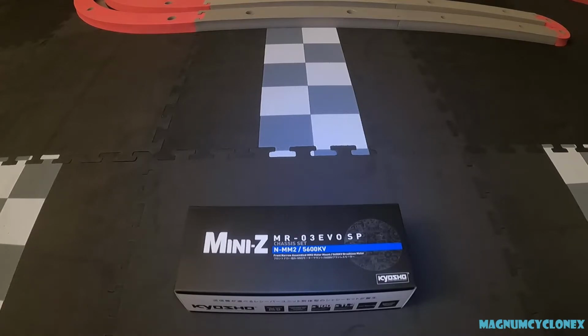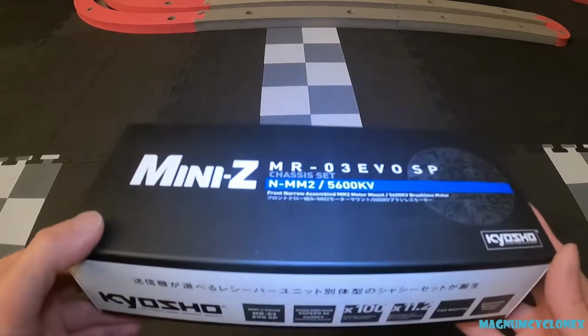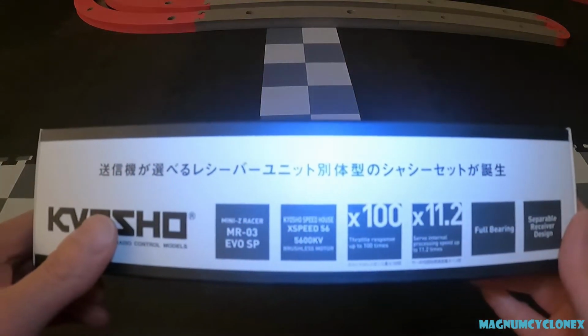Today I have the Mini-Z MR-03 EVO Special chassis set to unbox. This is the one that comes with the 5600 kV motor. It's a brushless motor. So you can see on the box, this is the